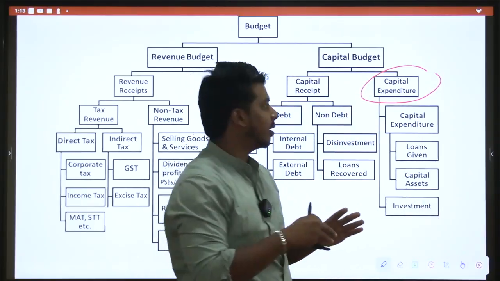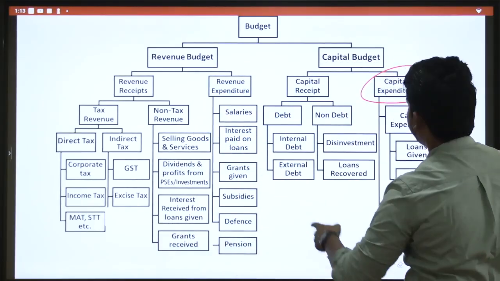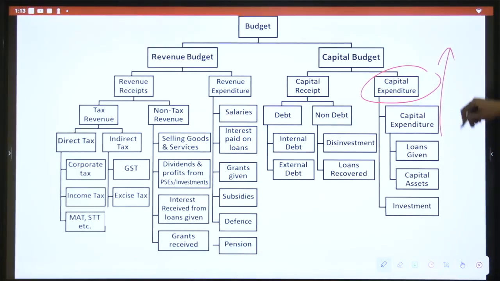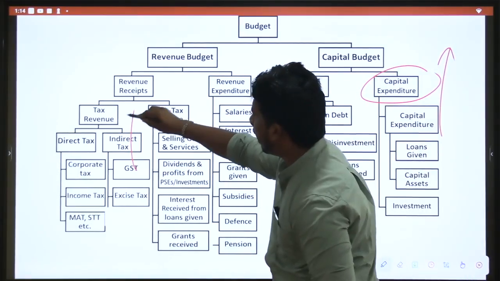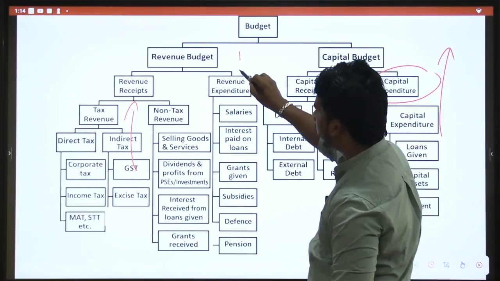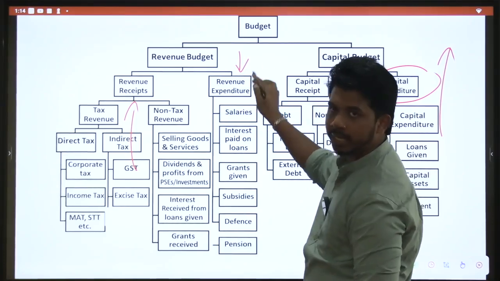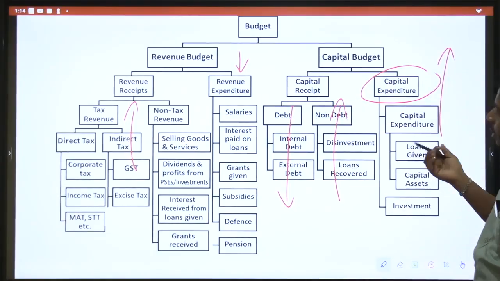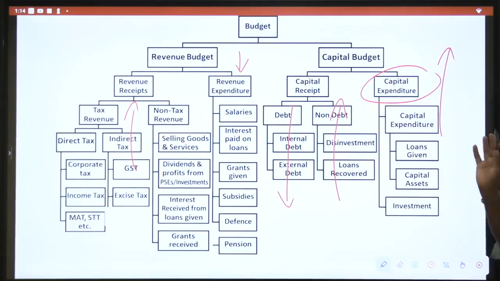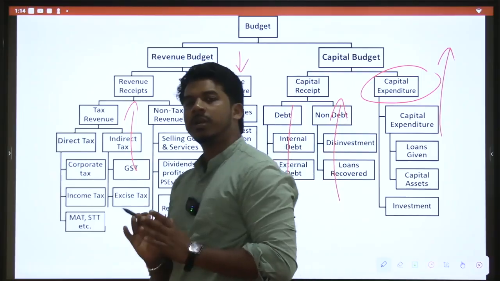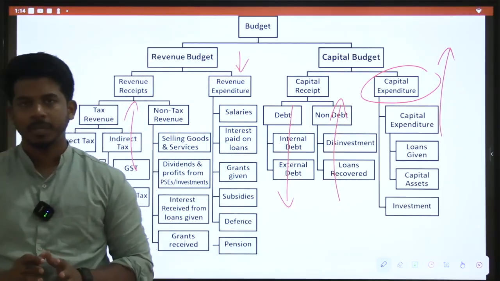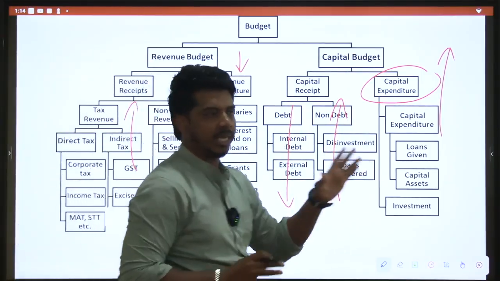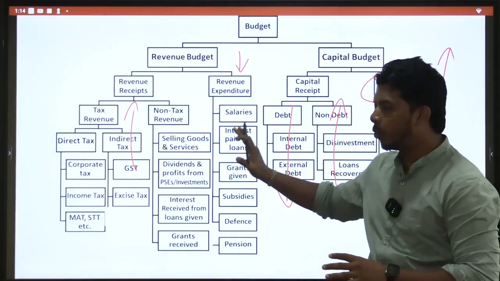So I will say, unlike revenue expenditure, capital expenditure also needs to be increased. So this needs to be increased, this needs to be preferably decreased, but not completely rationalized. This needs to be decreased, this needs to be increased, this needs to be increased. This is what I mean by reduction of fiscal deficit. This is what I mean by fiscal consolidation. Now see what the government is doing in this way.